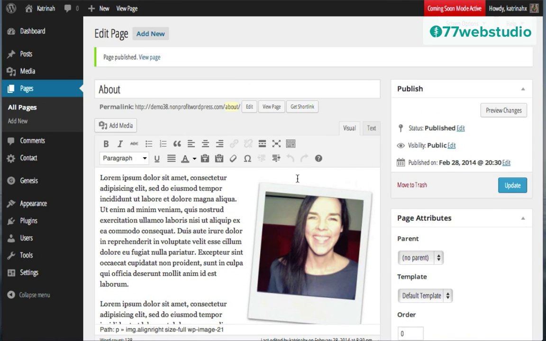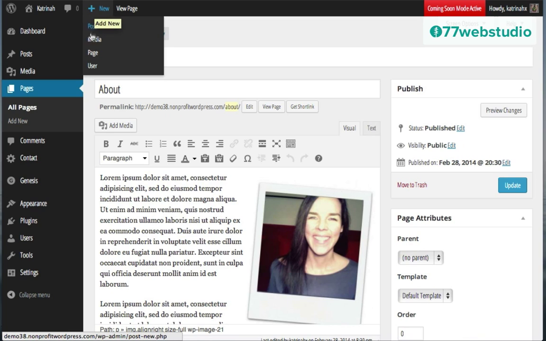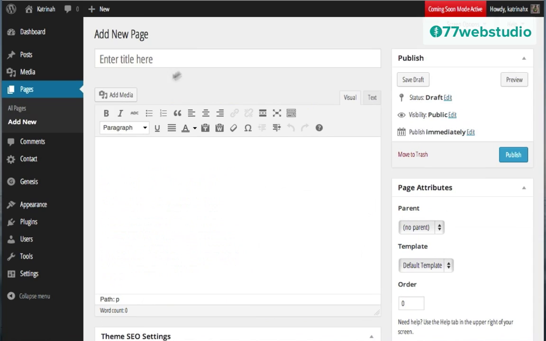Okay, so once a page has been published, we can check it out by clicking on View Page. I'm going to hold off on that just in the essence of time right now, and I'm going to go forward and I'm going to create the blog archive page. So to create a blog archive page, I'm going to come up to the top, hover over plus new, and click on Page. Then here for the title, I'm going to give this page a title of blog since this is the blog archive page.